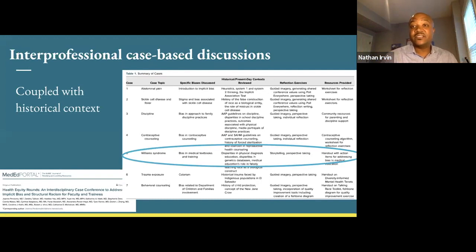Perdomo and colleagues developed an interdisciplinary longitudinal case conference curriculum called the Health Equity Rounds at Boston Children's Hospital. In their discussions, they encouraged learners to discuss how racism and implicit bias directly impacted patient care, and provided didactic instruction on both the historical context and the structural and systemic forces that shape these biases. They then reflected on ways to mitigate these biases and social forces in that particular case, but then moved back and thought about how to incorporate these things into their own system. They used these cases as jump points to think about how to engage in systemic change, which I think is really effective.